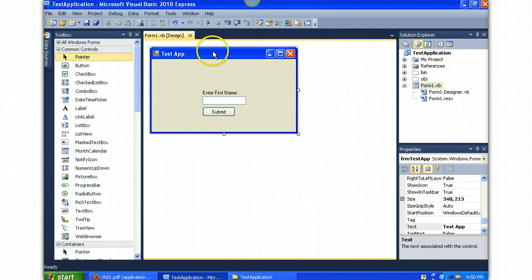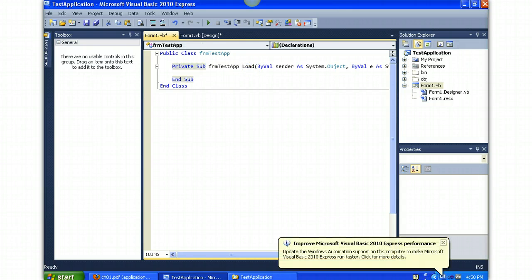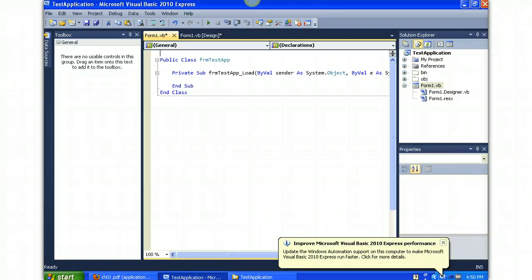But if I was to double click on this blue bar here, it would take me to what's called a form load of the application. Here you'll notice much less code. In fact, pretty much a shell of a code. This is where you begin to add in your information, such as name,